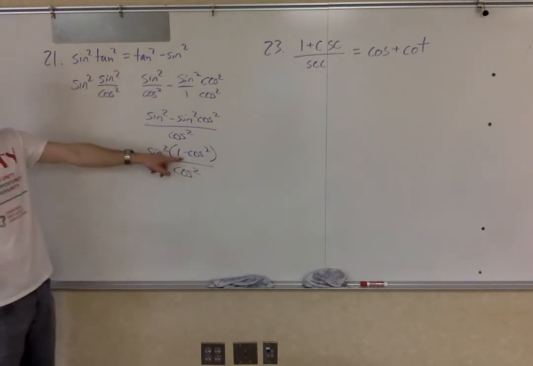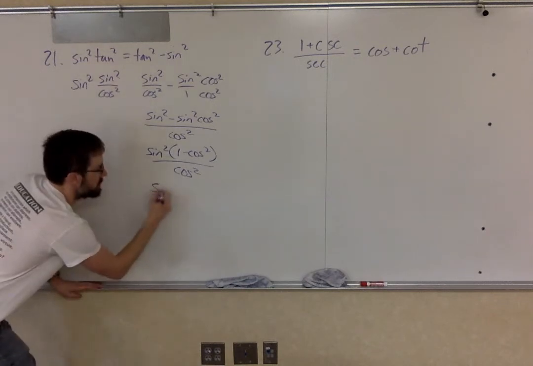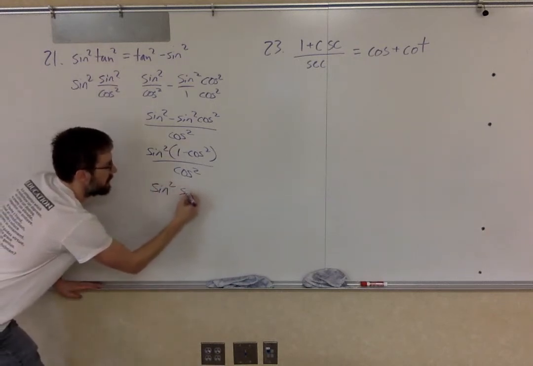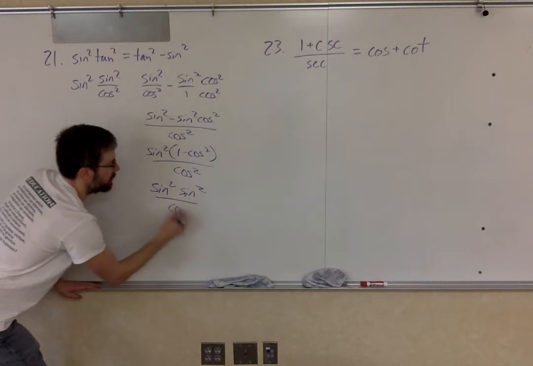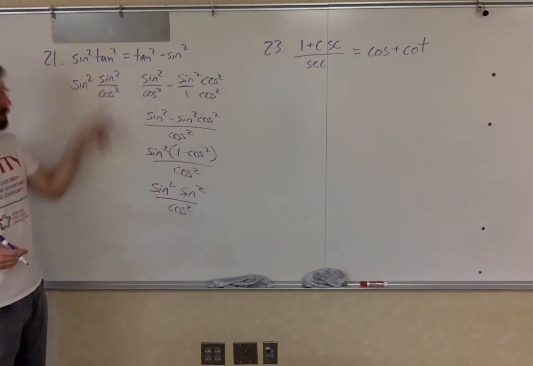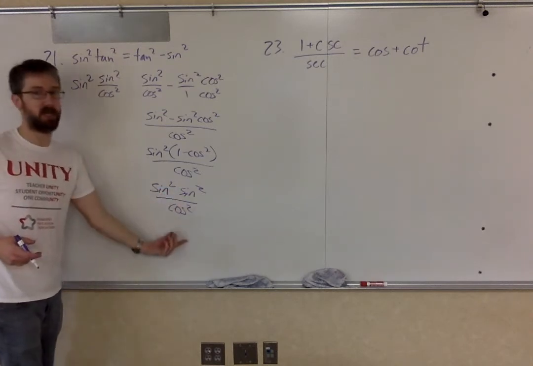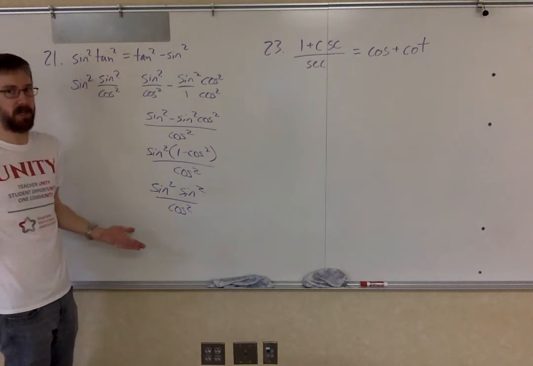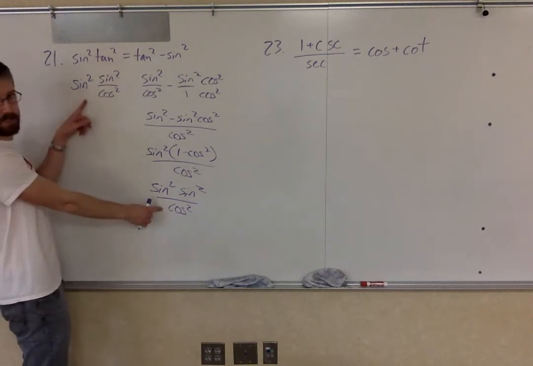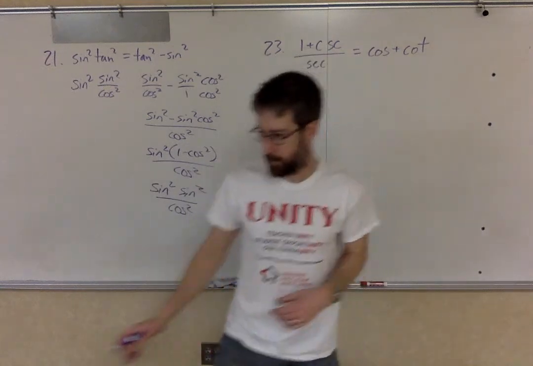And now, that 1 minus cosine squared, remember that's the same as sine squared. So this is sine squared all over cosine squared, and look at that, sine squared over cosine squared, sine squared over cosine squared. I don't even need to combine these and make it sine to the 4th. That's one step that I don't really need to do. Both sides match, so now I'm good. All right, this one,